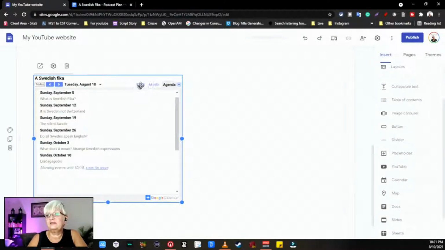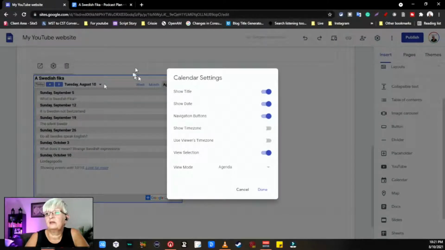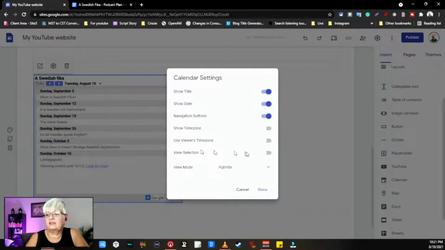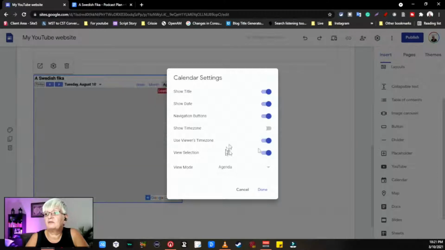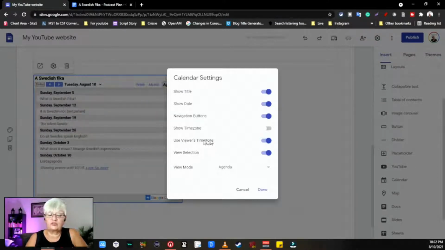And here we see month. And I can put the calendar for all my planned episodes. So you see here, if I double click, show title, show date, no navigation. Yeah, I can have the navigation, but no view selection. You can add the viewer's time zone. So no matter where you are,